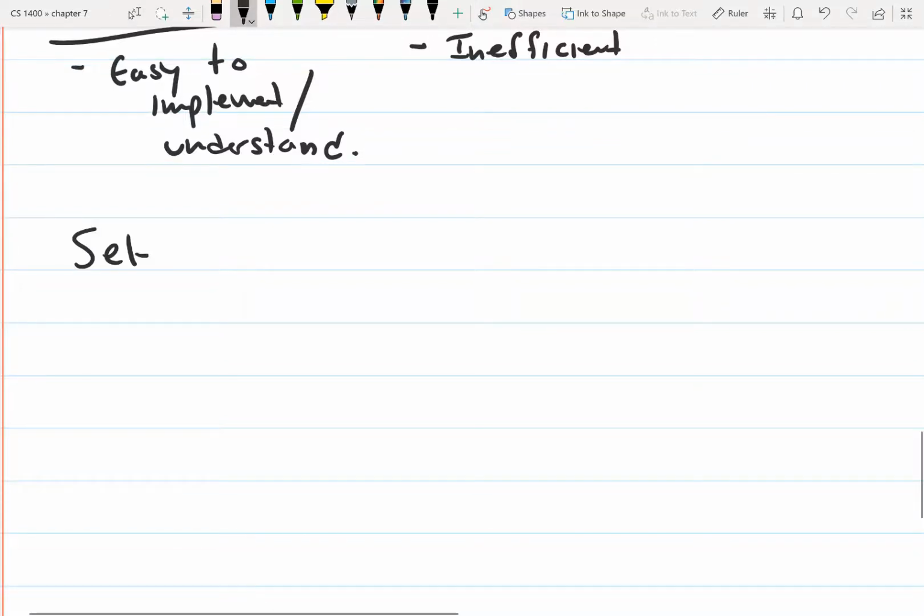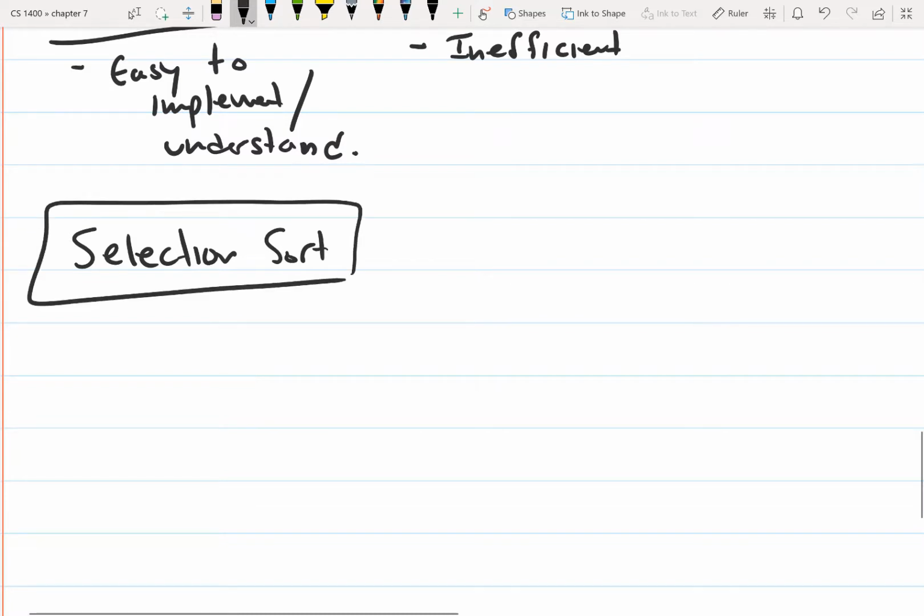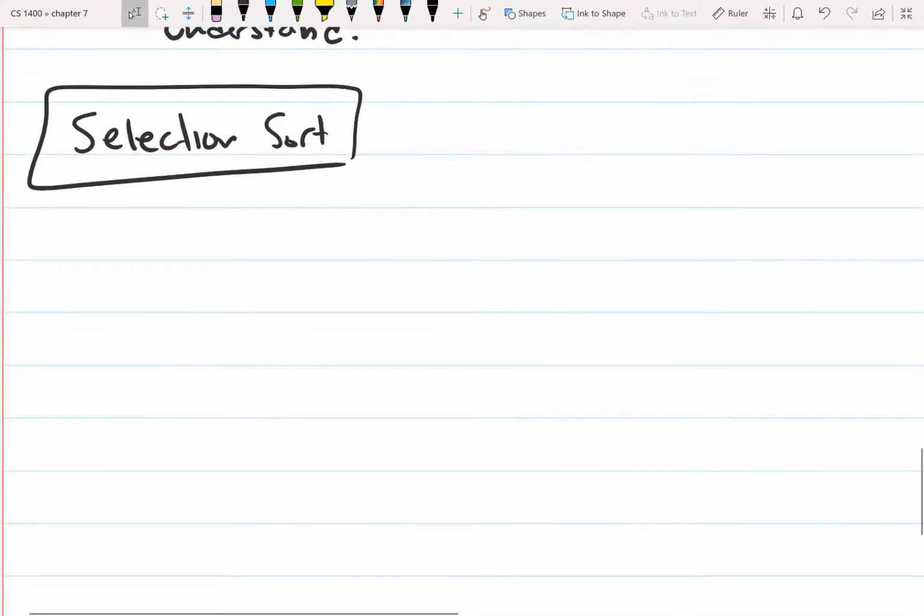So the second one we want to talk about is called selection sort. And this sort also will sort your array into ascending or descending order. And the way this one works is the first step, so I'm going to do the same thing with this. I'm just going to write down the general algorithm, and then we'll look at the code for how this would